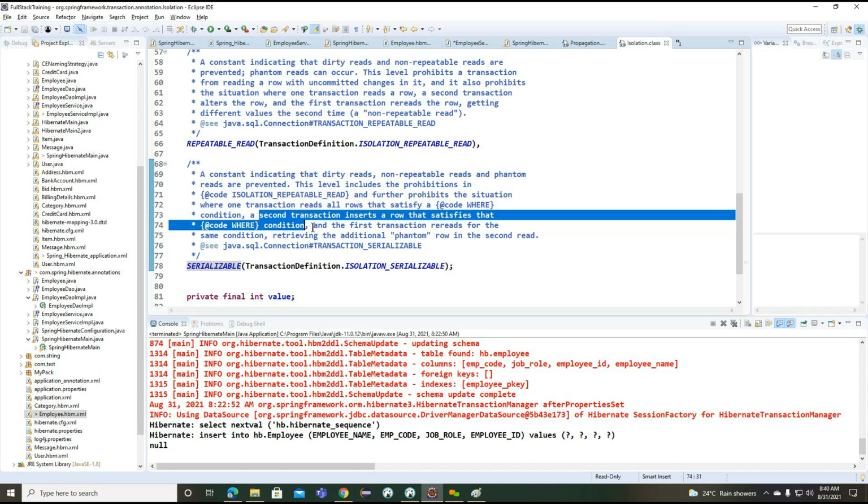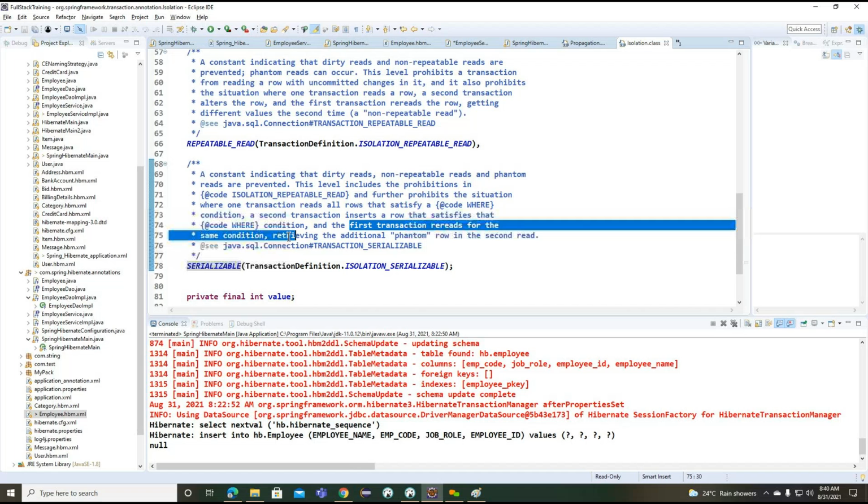The first transaction rereads the same condition and retrieves the phantom row inserted by the second. Now what you are understanding is that we perform operations one by one. So we are not going to give you the option to enter multiple transactions here.